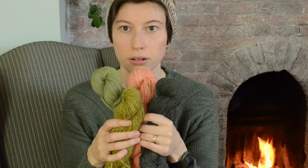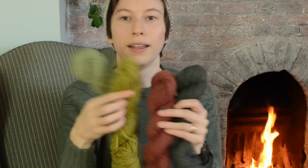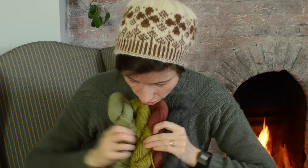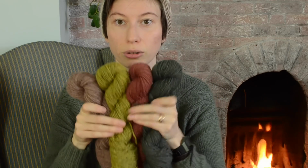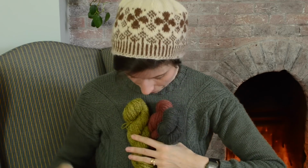Get that going on, or swap out. Oh, that's quite nice. That's fun. And you can just keep swapping things out to come up with combinations. So I'm not just going to do this for the rest of forever, because